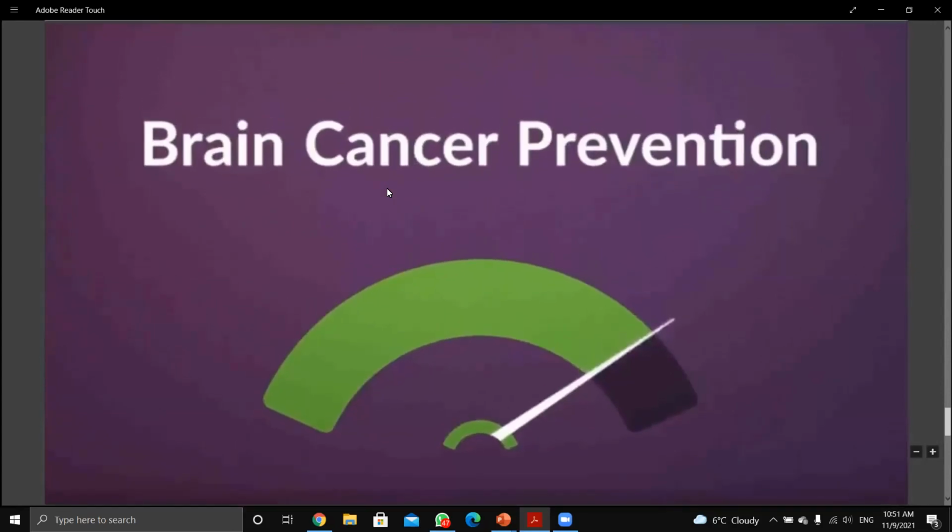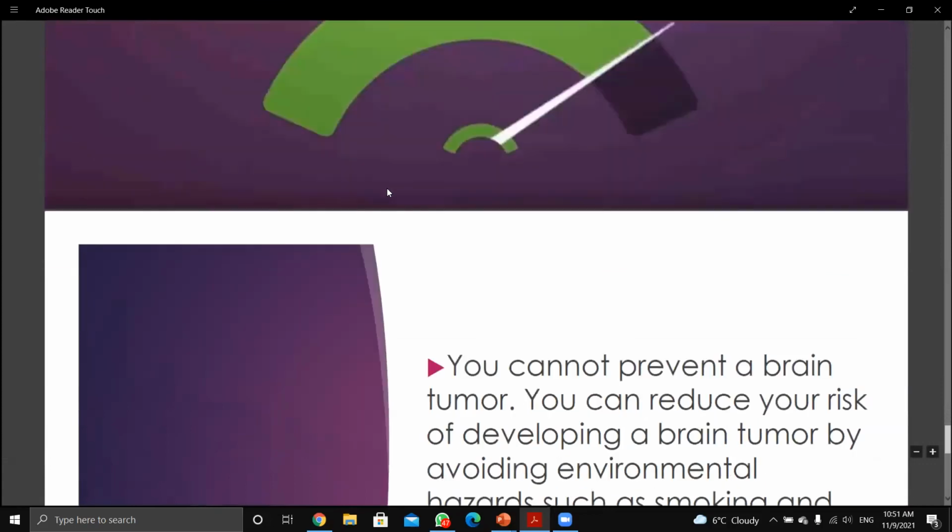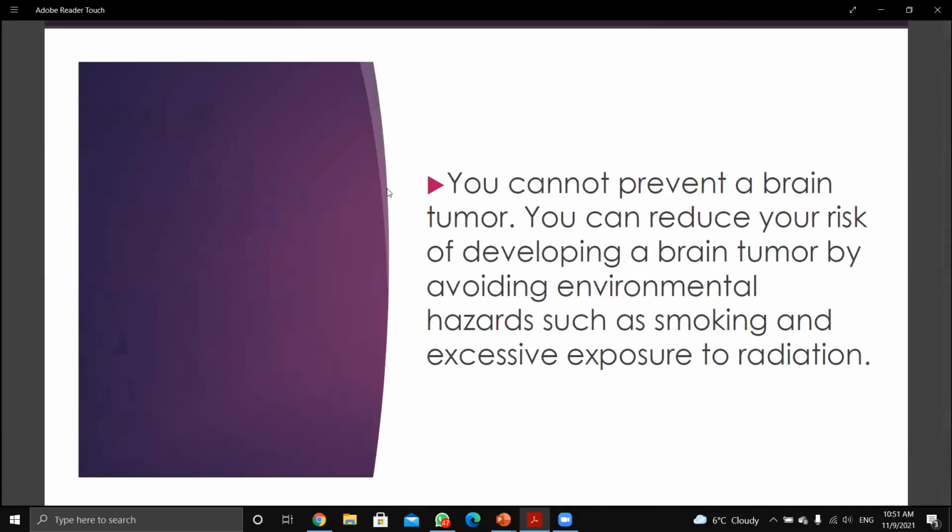What is brain cancer prevention, or how can we prevent brain cancer? In real life, you can't prevent the brain tumor. You can reduce your risk of development of brain tumor by avoiding environmental hazards such as smoking and excessive exposure